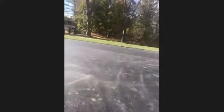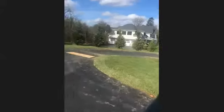And those are real shutters, by the way. I was checking those out. Yes, these are not the plastic shutters that you see in a lot of houses. As you come through, your driveway comes around. A really neat part of this house